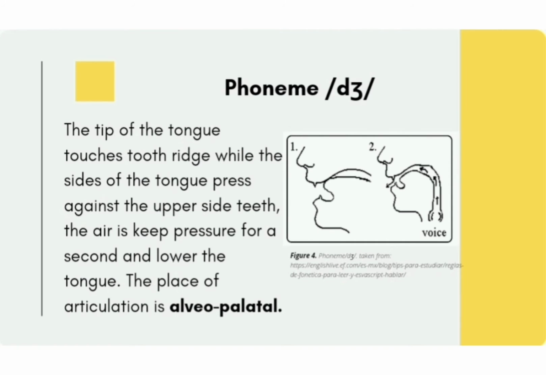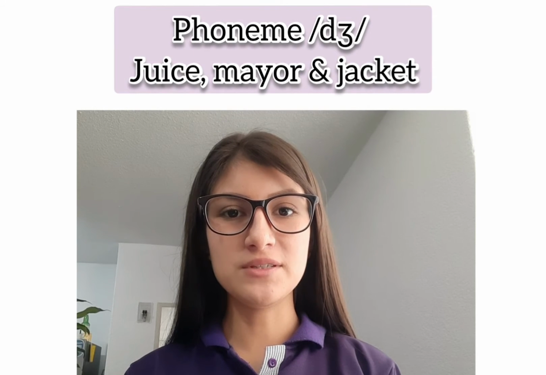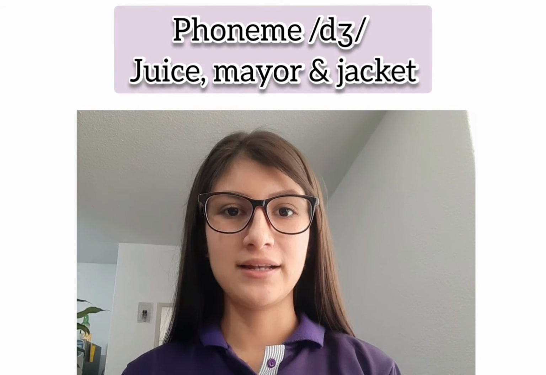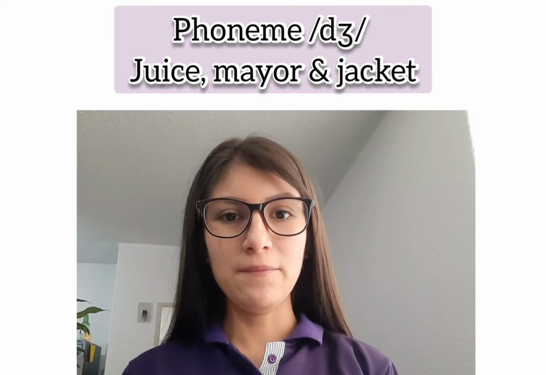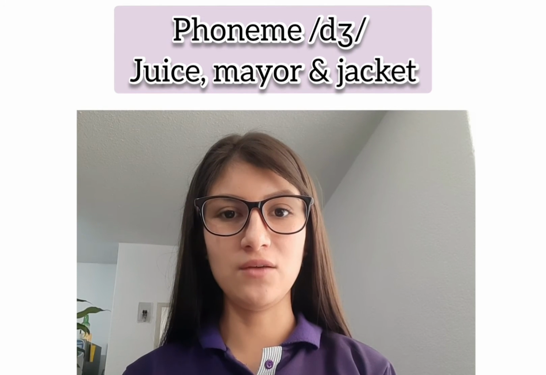The tip of the tongue touches the tooth ridge while the sides of the tongue press against the upper side teeth. The air is kept pressed for a second, and then the tongue is lowered. The place of articulation is alveopalatal. This phoneme sounds like /dʒ/. We can find these sounds in the following words: